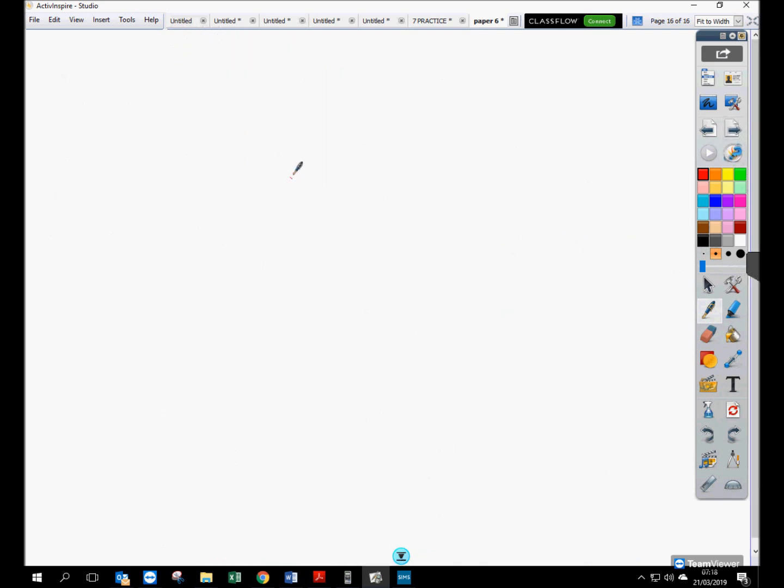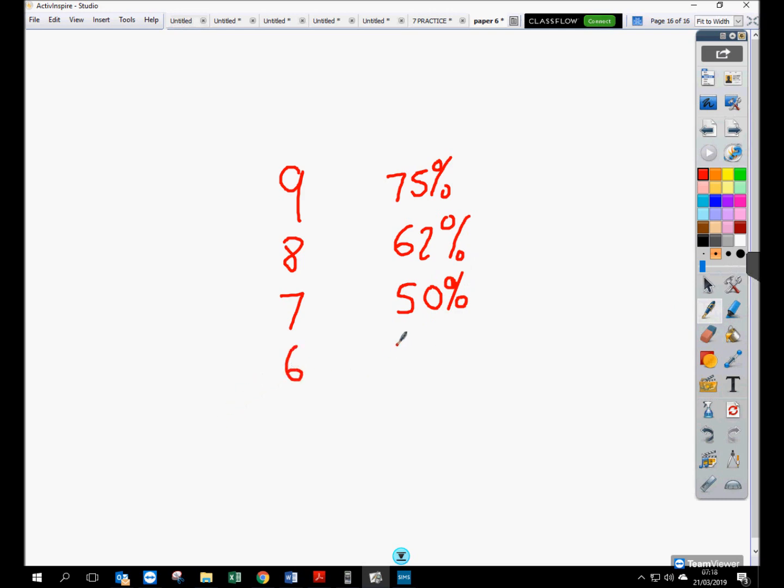So for this paper, grade boundaries. For a grade 9, you need approximately 75%. Grade 8, about 62%. Grade 7 is about 50%. Grade 6 is about 38%. Grade 5 is about 25%. And grade